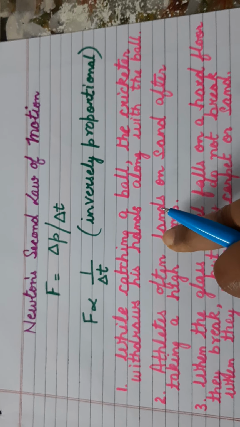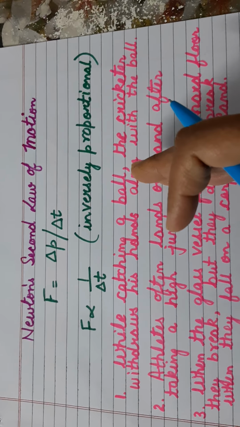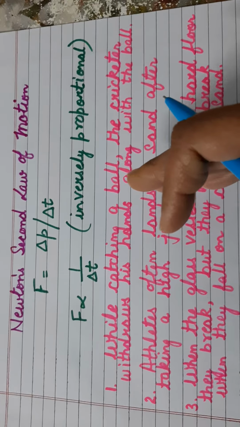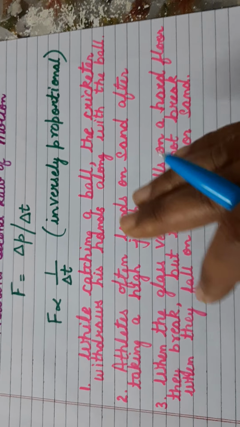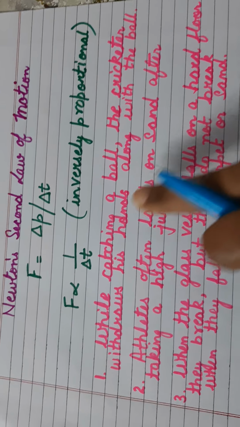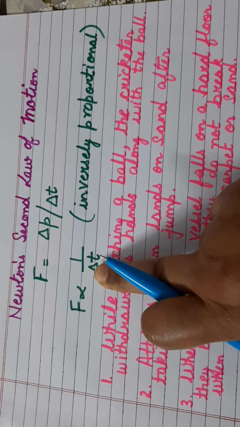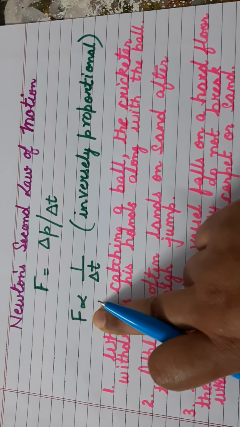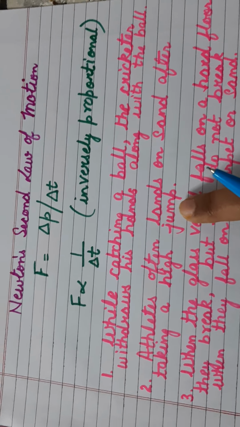Now, when the athlete is running and has to land on the other side, he doesn't land on a hard floor, because if he does, he is going to get badly hurt on his foot, and maybe his foot gets fractured. So a deep pit is dug on the other side and filled with sand. If the athlete lands on sand, what is going to happen? The duration before which the athlete hits the ground and comes to rest will increase. The time duration would increase, and therefore the force or the impact of the ground on his foot would decrease, and he will land smoothly without getting hurt.